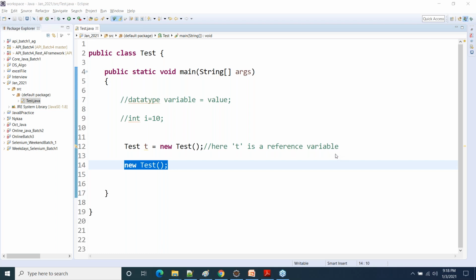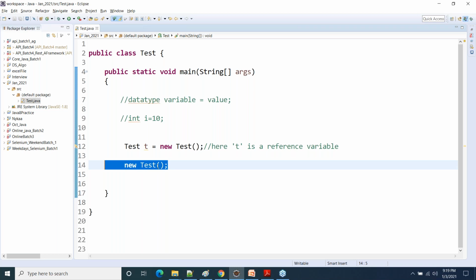Sridhar is asking about the second object being referenced by value. There is no concept of reference by value. The second object that you are creating does not have any reference variable, and you can use this object only once. Not more than once. Which way is best?